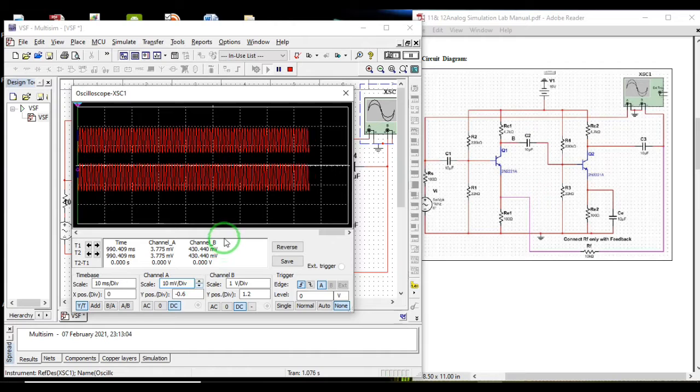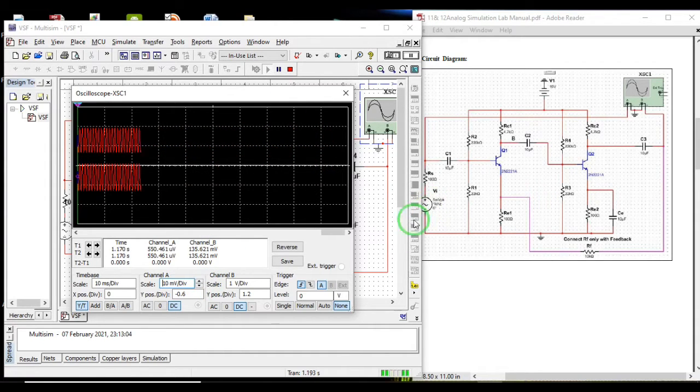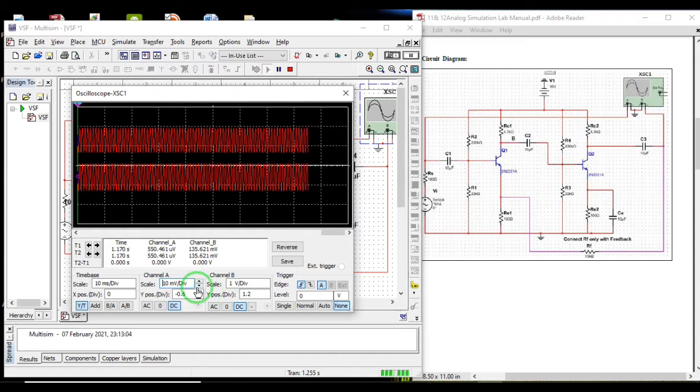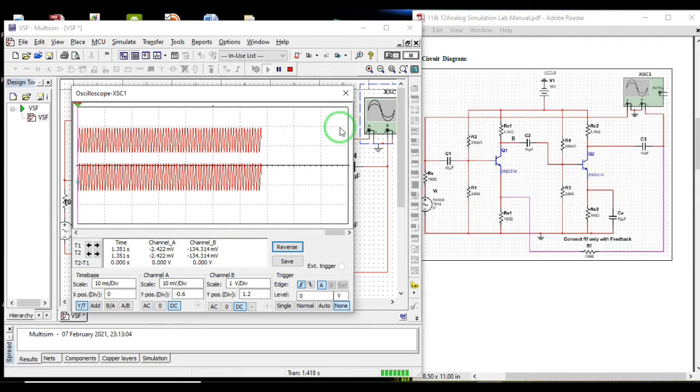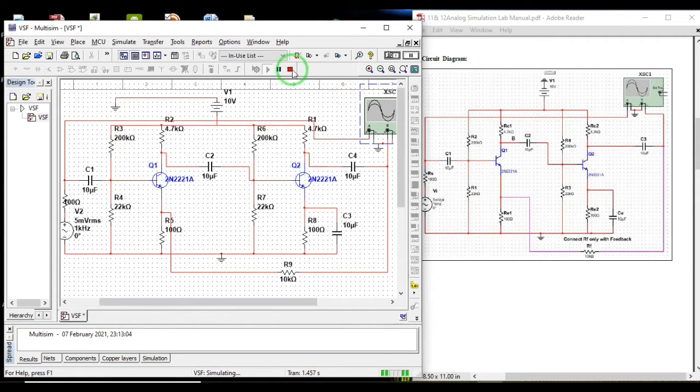Yes, input was 10 milli, that is 5 millivolt peak to peak is 10 milli, correct? So now I don't want both the signals to be red, so what I'll do is I'll just stop it, okay, and I'll change the color of this output.